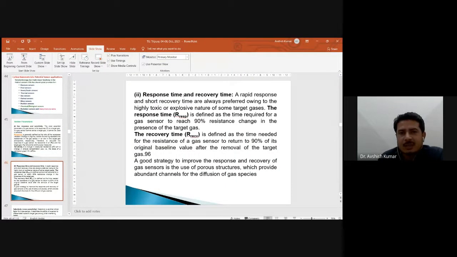You can also calculate response time. These are some characteristic parameters of your sensor which you need to calculate when you are working in these sensing applications. Rapid response and short recovery time are always preferred owing to the